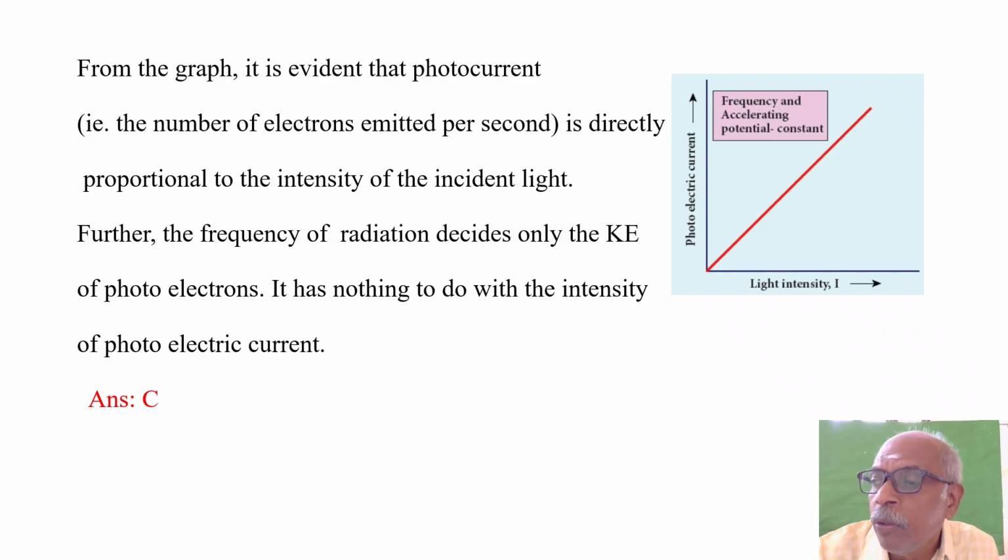That's all. So far we have discussed 12 questions from round 1 and round 2 in the chapter Dual Nature of Radiation and Matter. You will see one more question in our next video from this chapter. After that, we will discuss questions from some other chapter.